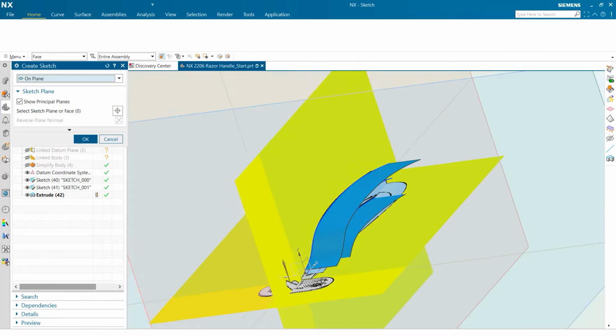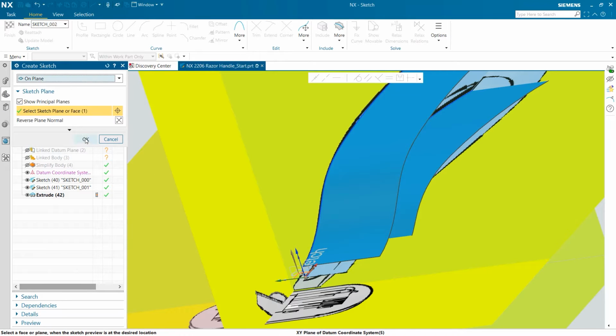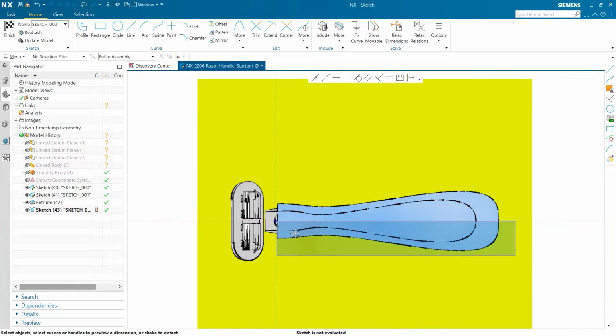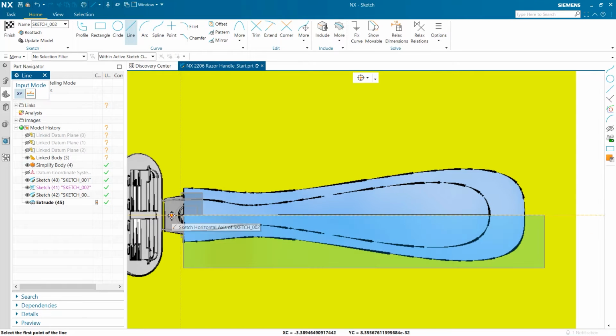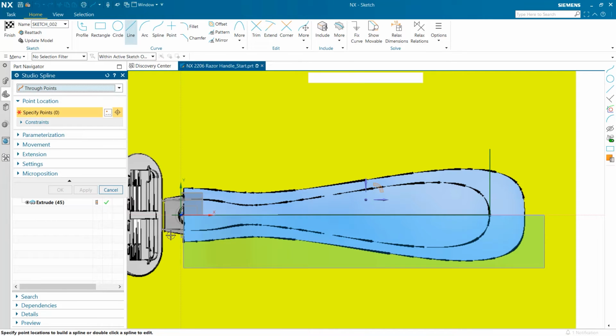So I've generated the top and bottom profiles of the model. I am now going to look at making the side profiles. And as part of the process to ensure that we have a perpendicular transition across the center line, I'm going to create some reference geometry to let me do that. Similar to what we did for the top and bottom profiles, I am now going to sketch out the shape.